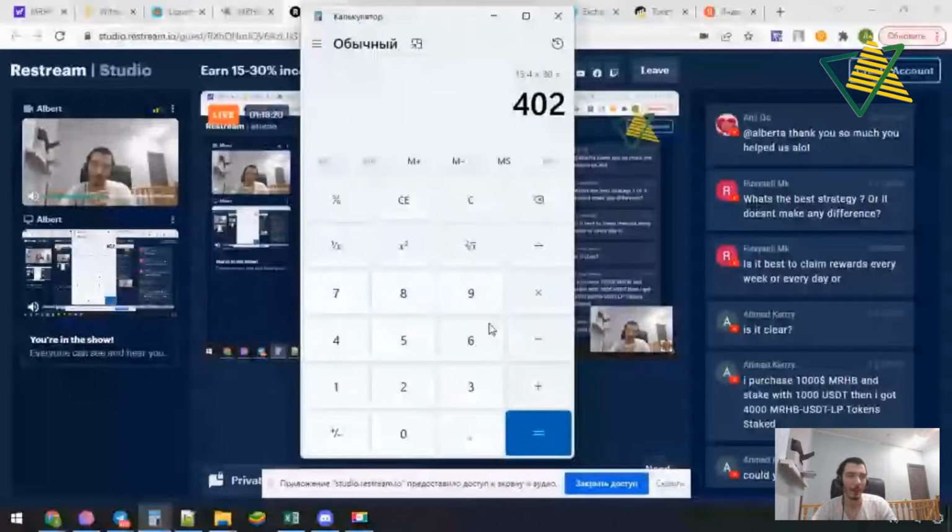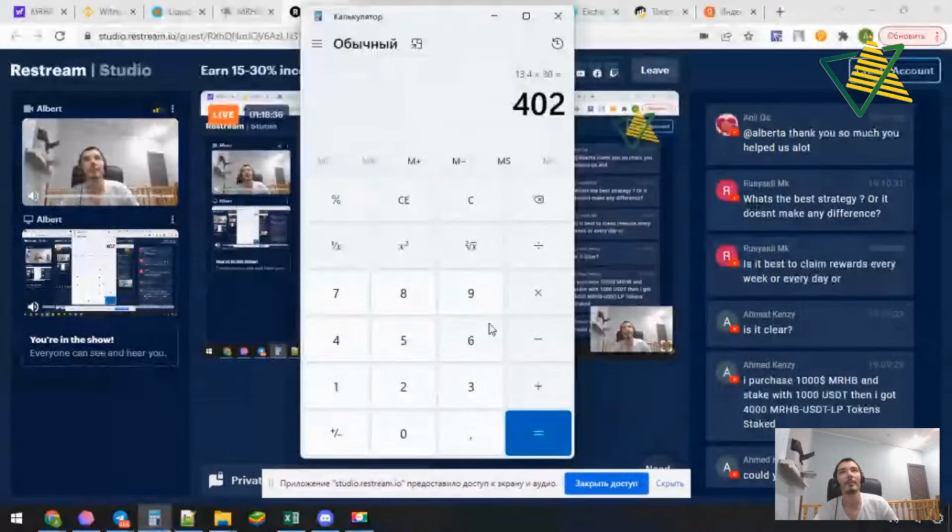Okay, I say that I claim every 2 days, because I have calculated that if I claim them more frequently, I burn too many fees, because each operation you saw that how many operations I made, and each operation burns some fees. So I have calculated that it's best for me to claim every 2 days.